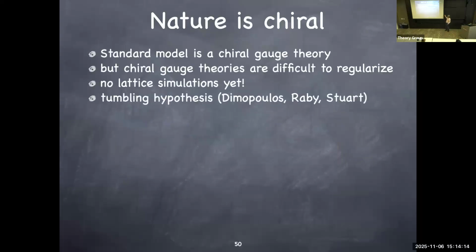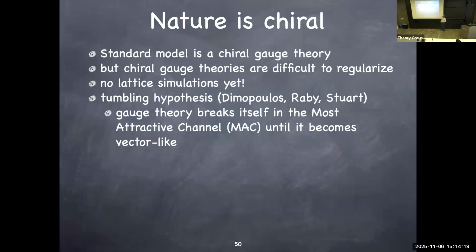We can't simulate them on the lattice. People have some guesses on what chiral theories might do, called tumbling. That's an idea that once the chiral gauge theory becomes strongly coupled, they try to form fermion bilinear condensates, which are not gauge invariant. So the gauge group ends up breaking its own gauge symmetry and breaks down to a smaller gauge group. Then that gauge group would lead to another fermion bilinear condensate, which further breaks gauge invariance until the point that the theory becomes vector-like, which may undergo chiral symmetry breaking. Weird idea, but that's the only idea we used to have.